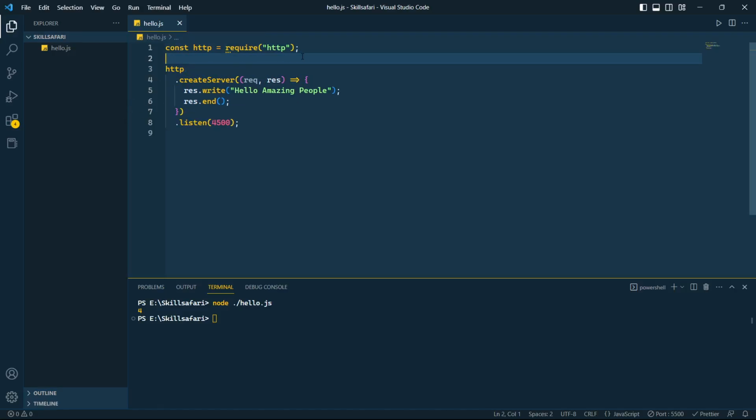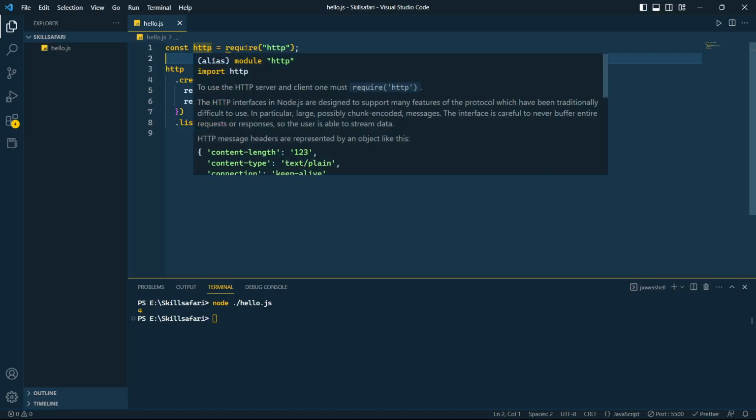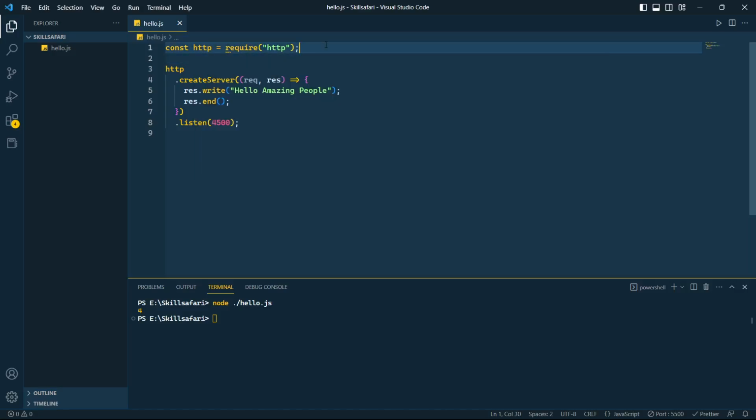Using this you can see over here that to include the HTTP module, we have to explicitly mention it by requiring HTTP. Okay, but this is not the case with console. Why? Because console is a global module, and HTTP is not a global module. That's why we have to require it. So now let's start the application.